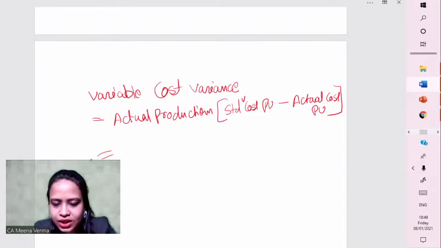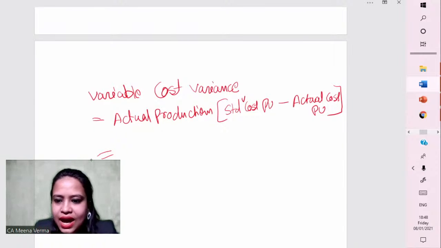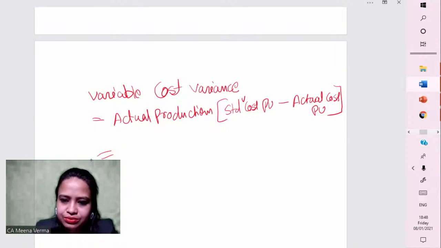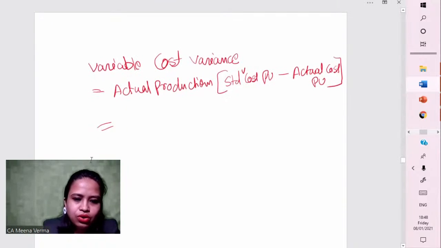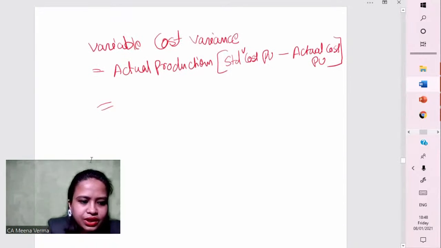Actual production into standard variable cost per unit minus actual cost per unit. Solve this value. I want all of you to do this on your own and give me the answer. Similarly,